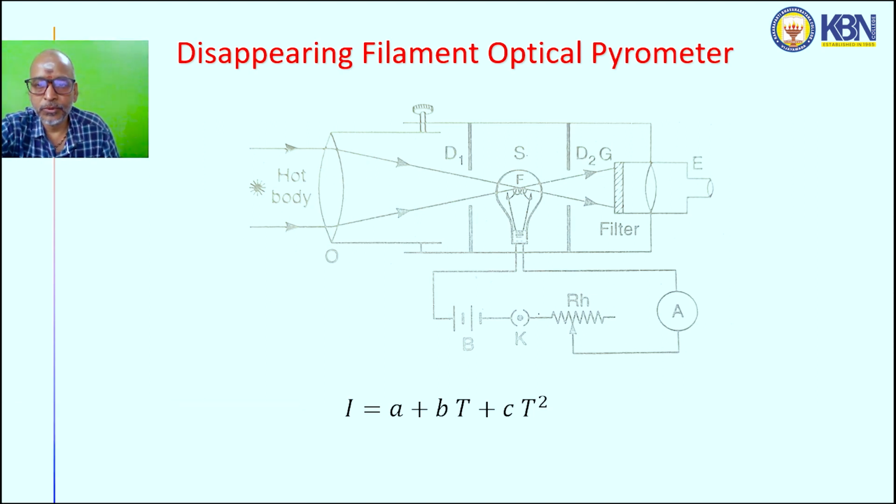The filament is heated by a simple electric circuit consisting of a battery, key, rheostat, and ammeter in series connection. The ammeter gives the current strength, I. With the help of the rheostat, we can adjust the strength of the current passing through the circuit. So with this simple electric circuit, we can heat the filament by passing current. First of all, the objective lens is faced towards the object whose temperature is to be calculated, and the rack and pinion is arranged so that the image of the hot body